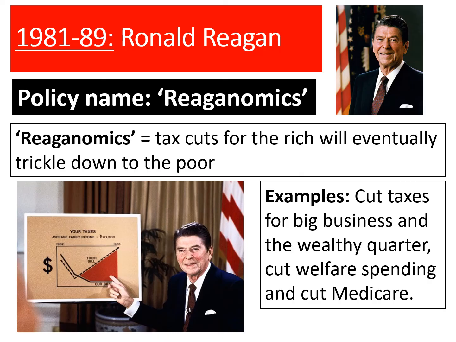Under Reagan, the deficit, which is the gap between how much the government is spending and how much profit they're making, you want your deficit to be small. You don't want to be spending more than you're making. But under Reagan, the deficit becomes larger than the deficit for many presidents that came before him. That's how high the deficit was. So it's not a very successful policy.